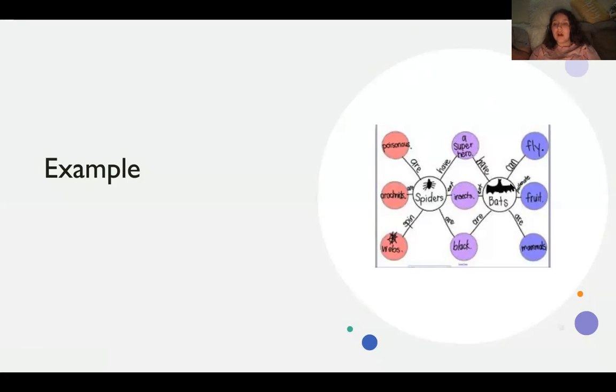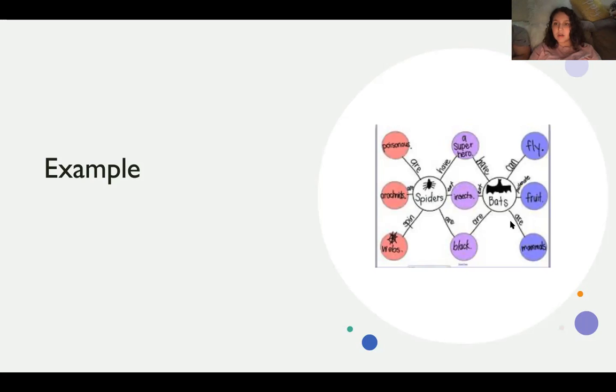So now that you have your two topics, you have similarities between the two, like characteristics almost. So they both can be a superhero. They both eat insects and they both can be black. What's different about them, but it doesn't always have to be different. This is the difference between the double bubble and the Venn diagram. Usually you have the compare and contrast, what's the same, what's different. With double bubble, it's what's the same, what are characteristics they share, and what are just characteristics they have individually